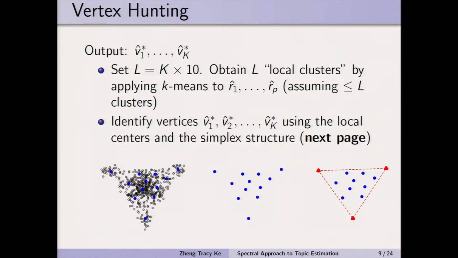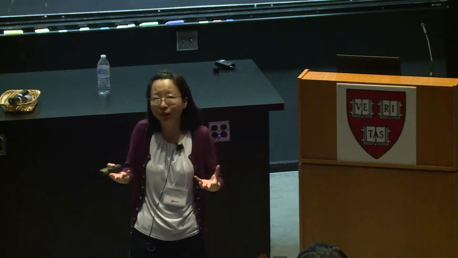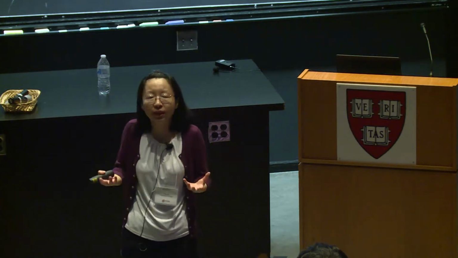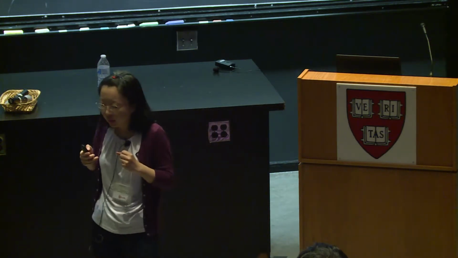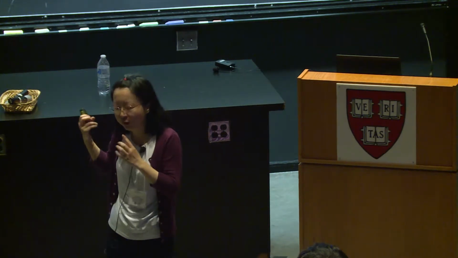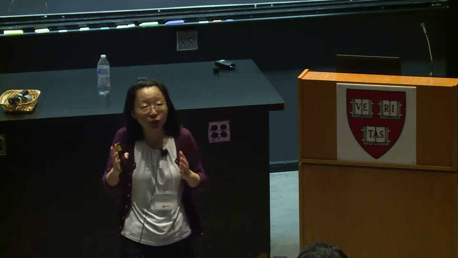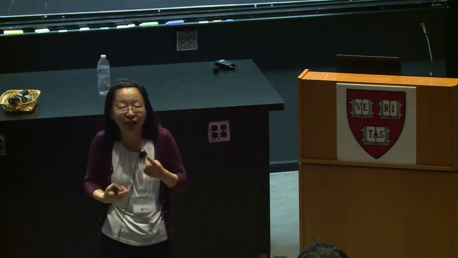Now I will introduce the vertex hunting. Please keep in mind, when we do the vertex hunting, we are dealing with the rows of this skinny, tall and skinny matrix R hat, which means all the data are eventually low dimension, in dimension 5 or 3 or 6. So this cannot be a very hard problem.